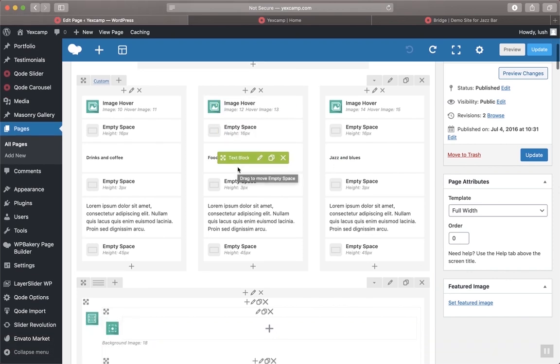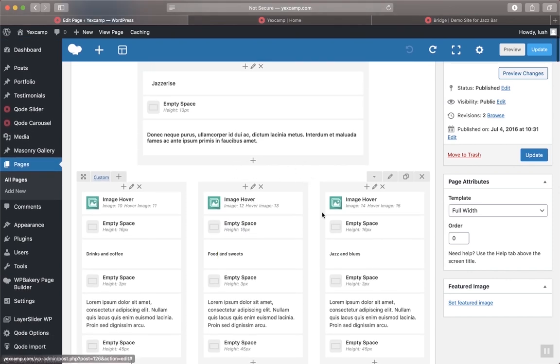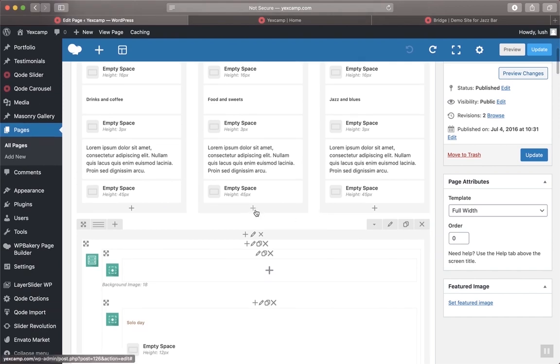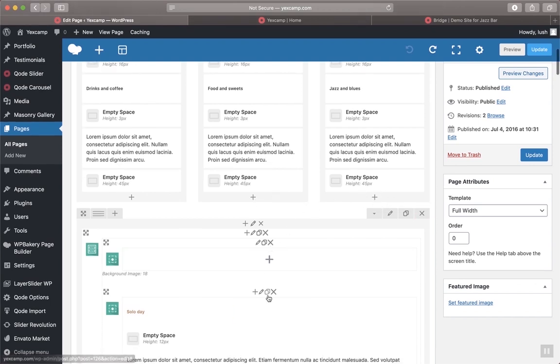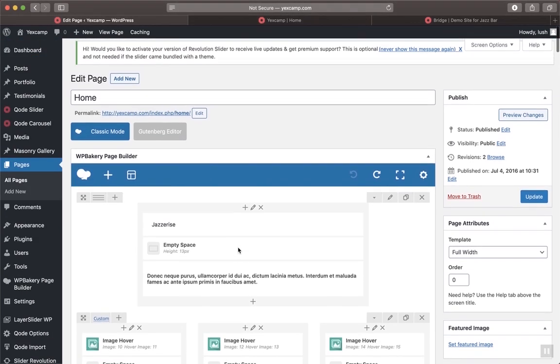And that's about it for the basic understanding of the buttons. If you hover over these, you can see what they all mean, so you don't have to cram everything in your head for now. So remember, this is duplicate, this is delete, this is edit, and this is add. All right, so now we're going to